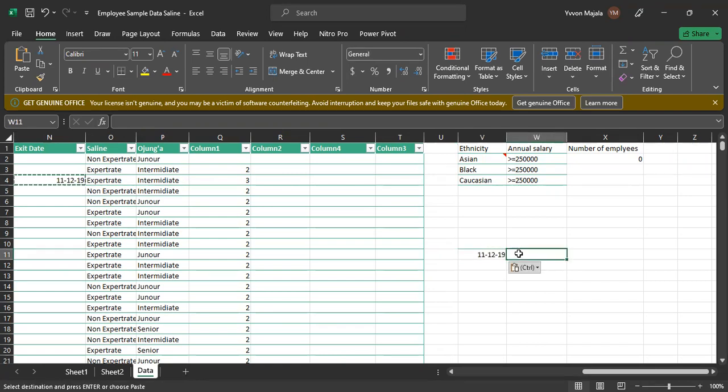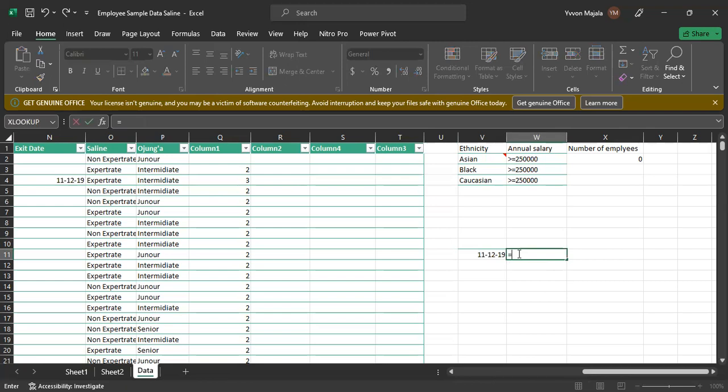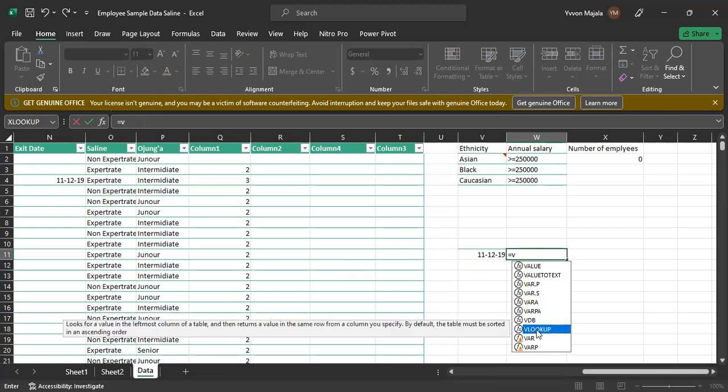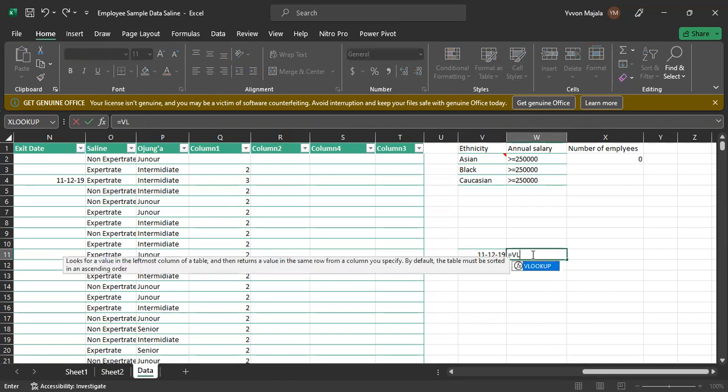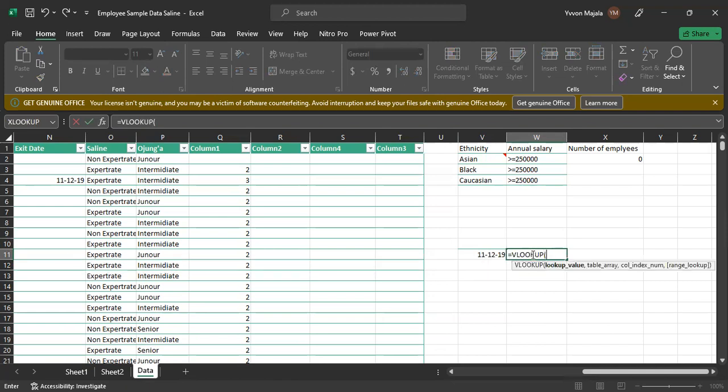And then I will come here and write equals Vlookup. So the lookup value will be this date that we want to check. That is our lookup value,